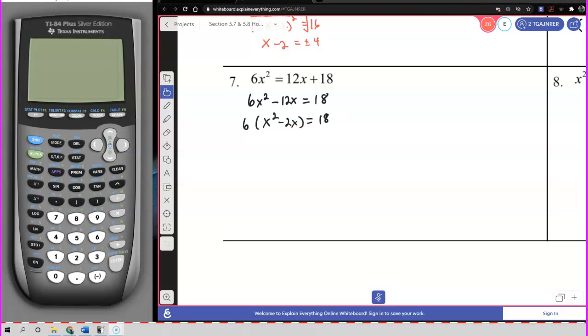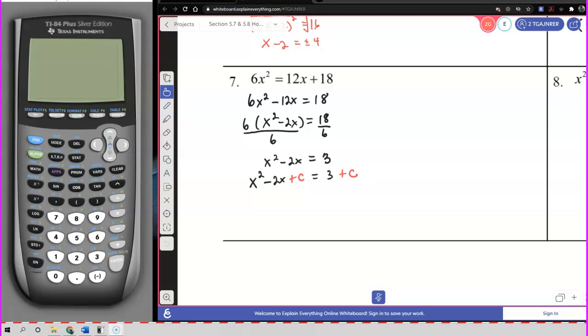And since we have a 6 in front of the parentheses, we're going to divide by 6 on both sides. So you have x squared minus 2x, and I'm going to go ahead and erase this part. You didn't need that. x squared minus 2x is equal to 18 divided by 6, which is 3. So we're going to go ahead and complete the square. So we have x squared minus 2x plus c equals 3